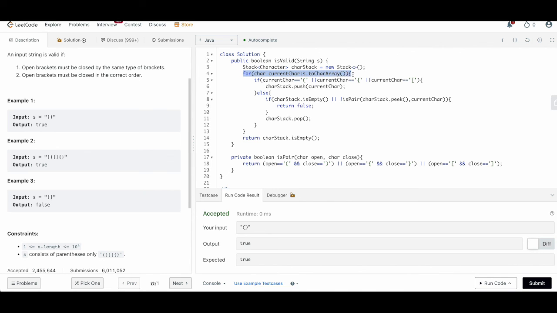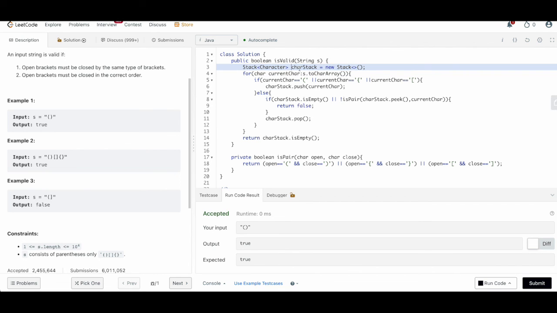If you see here, we are running a for loop over all the characters of this string s, and if the length of the string is n, this will be order of n, and we do not have any other for loop, so time complexity is order of n. For space complexity, we are using a stack, and this stack can at max go to the length of the string.